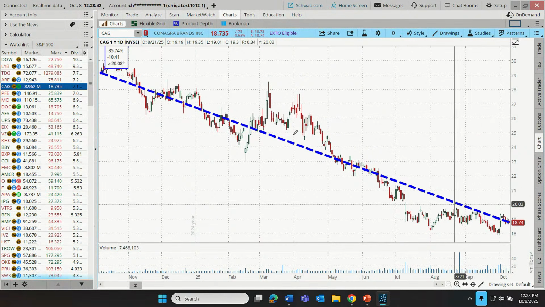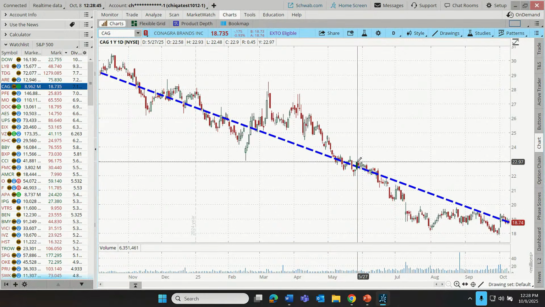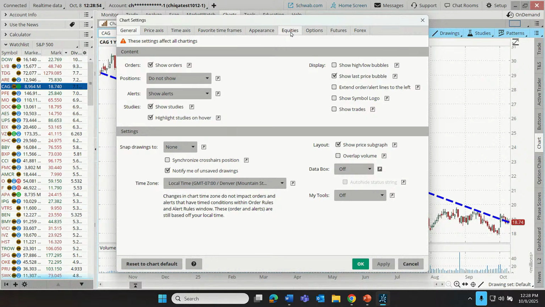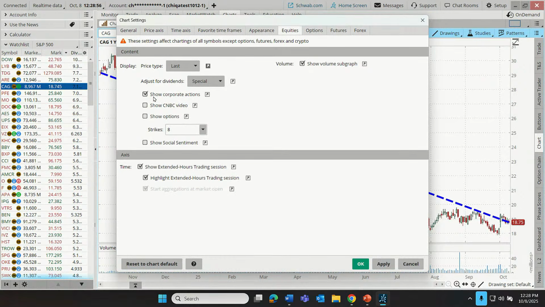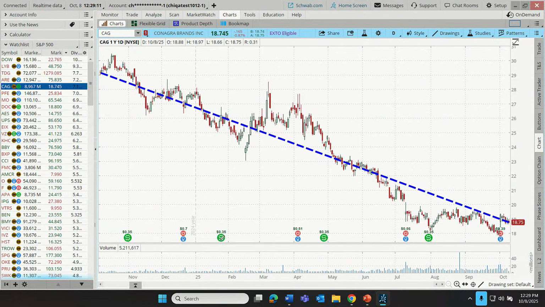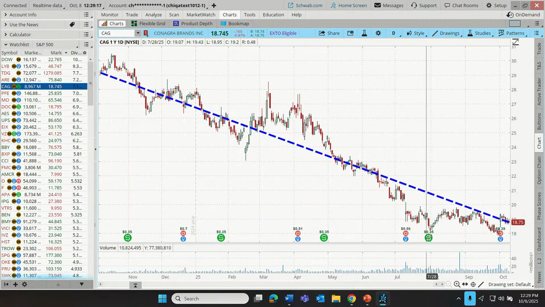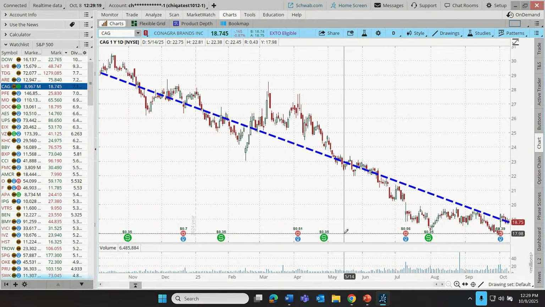The stock has gone down. Now, contributing to that decline in price, sort of counterintuitively, are the dividends that are paid by ConAgra. So if I were to come up to my chart settings, skipping ahead a little bit, I'm going to go to equities, and I'm going to show things known as corporate actions. These are actions that a corporation can take that can influence its stock price, like dividends or stock splits. So I'm going to show those corporate actions with little icons. What we can see with this company is it pays a regular dividend, 35 cents, 35 cents, 35 cents, 35 cents. These are displayed as icons on what's known as the ex-dividend date for the stock.